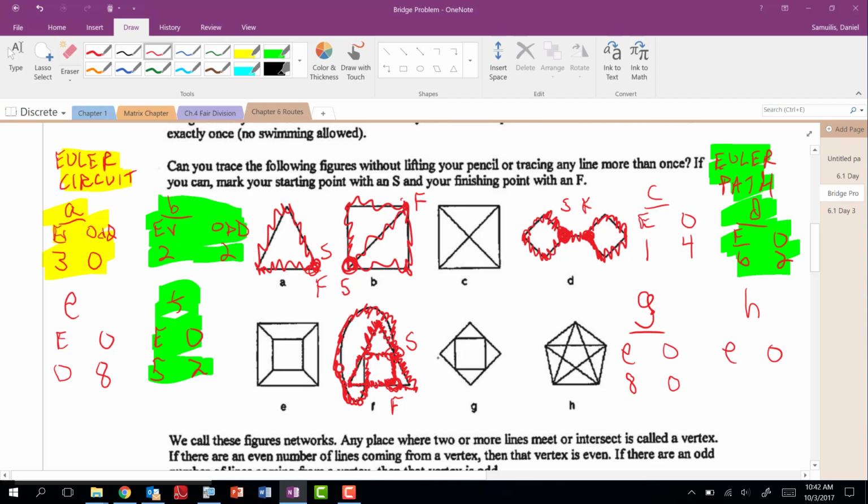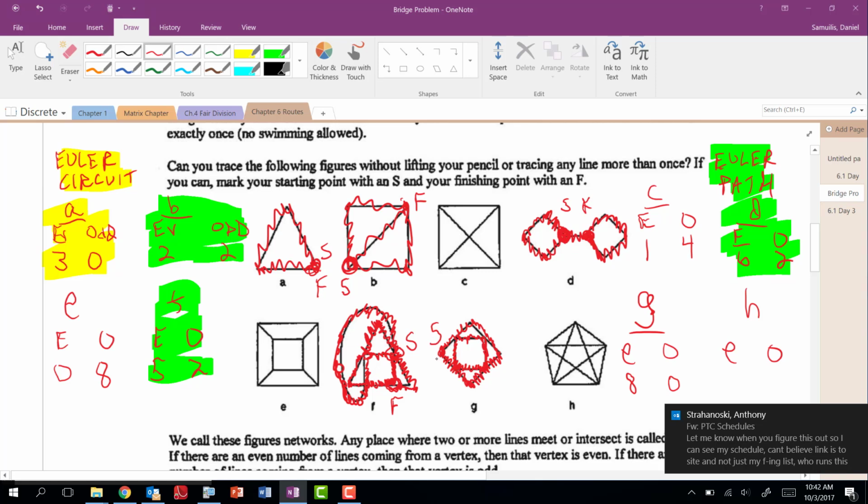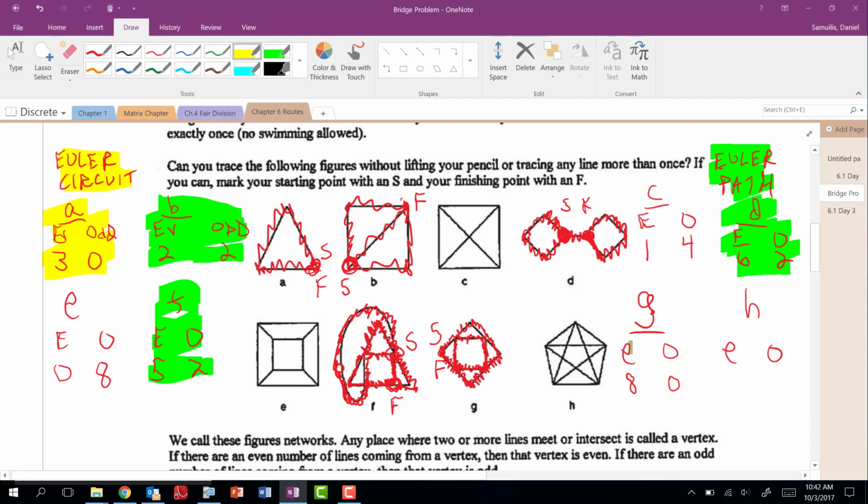Well, I could start here, let's say, this corner. I could go here. I'm going to stop. I'm going to get rid of that square. I just like getting rid of the square. Then I go up here, down here. Well, look at this. I'm excited. Anyone else? What does this end up being when I started here and I finished here? That is an Euler circuit. And I can't help you on understanding that definition.